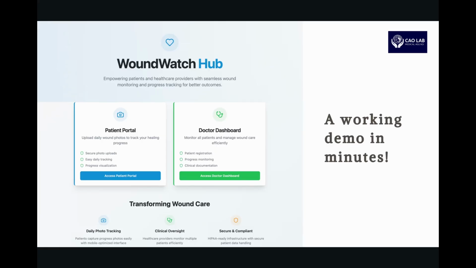And then the doctors, they have a dashboard where they can look at how the wound is progressing. And so it's the same doctor every single time, right? And so literally you were able to do that in the span of 5 minutes. You just needed to have the idea, access to the internet with ChatGPT, and making a Lovable account, which is